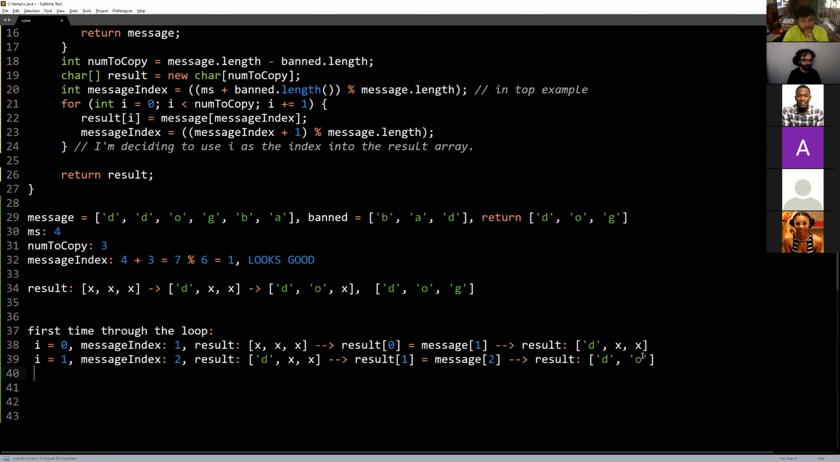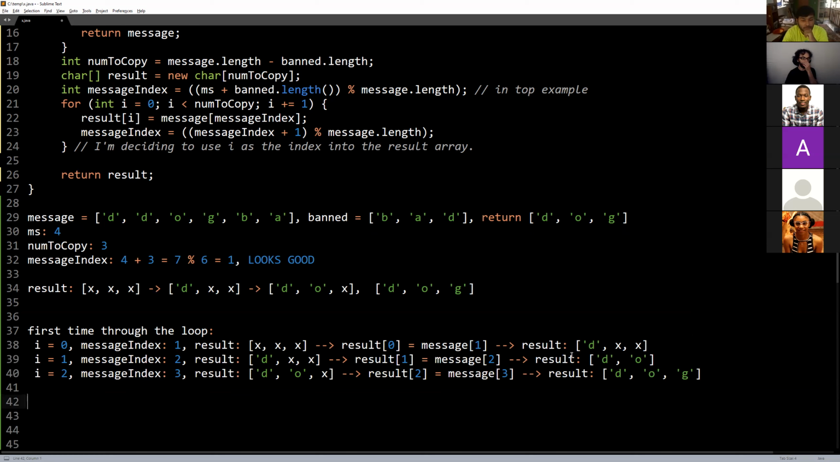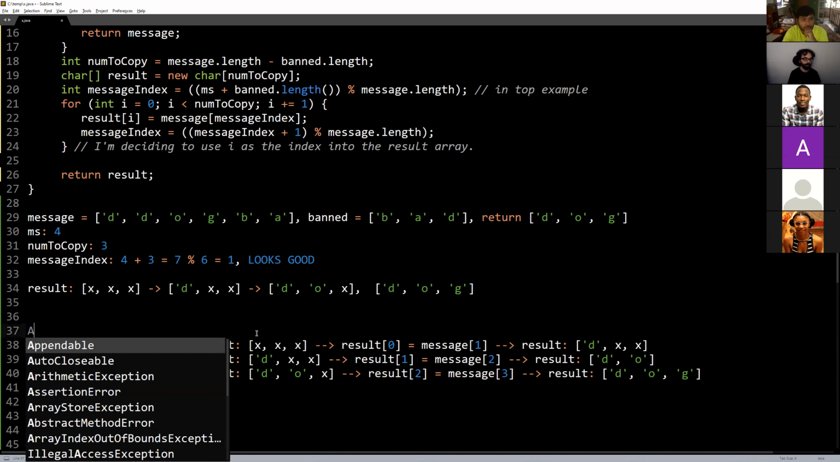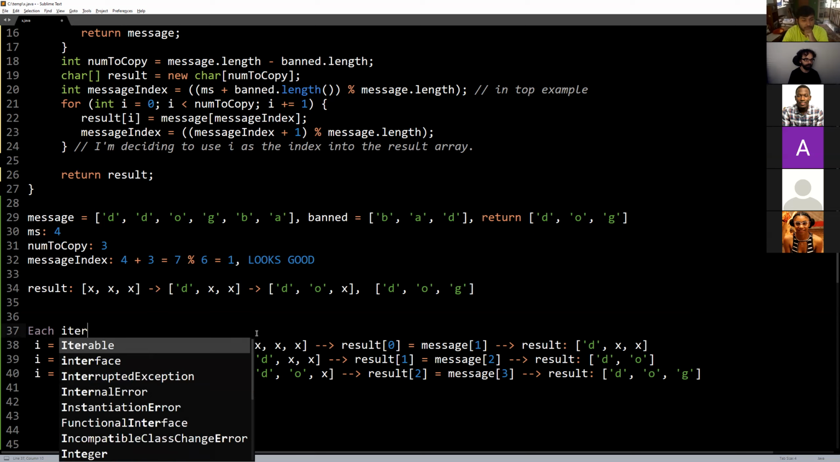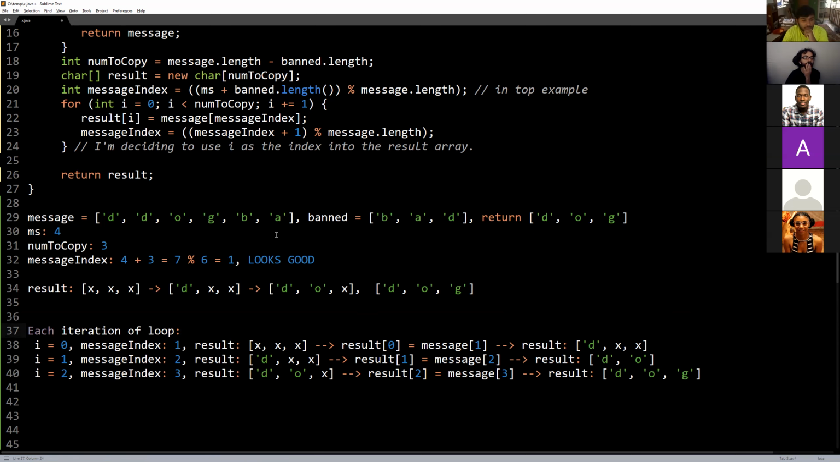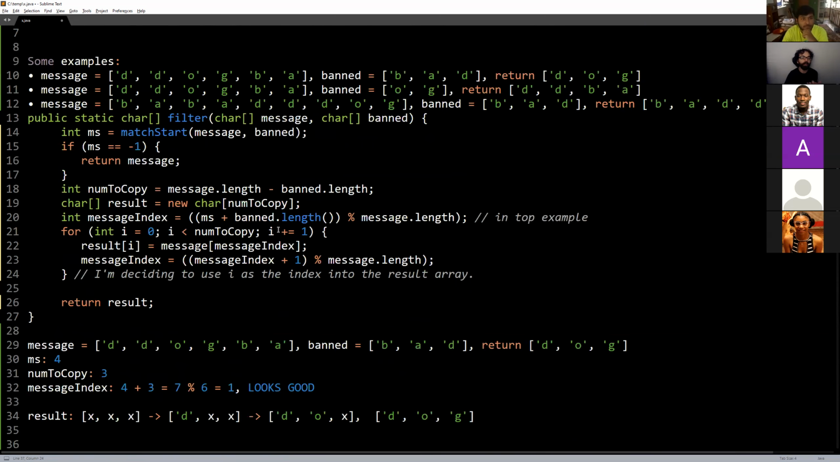And I can just tell by symmetry that's just going to work out. So for this example, it works fine. So it's got to be some other example where it breaks. Let's see, each iteration of the loop. Okay, so there's some subtle issue, and the case I haven't really fully thought about is where the banned word